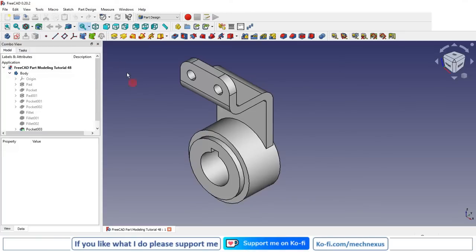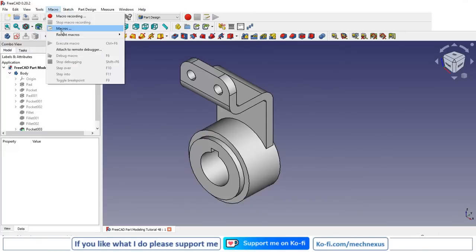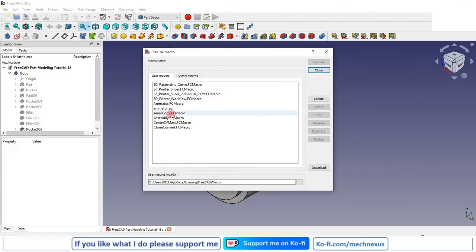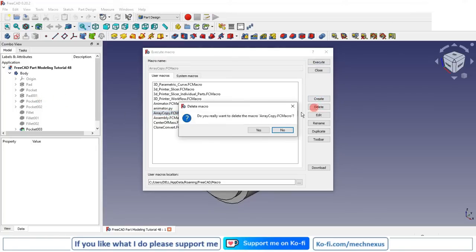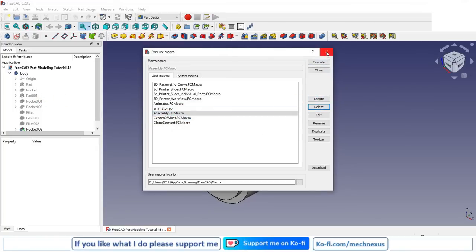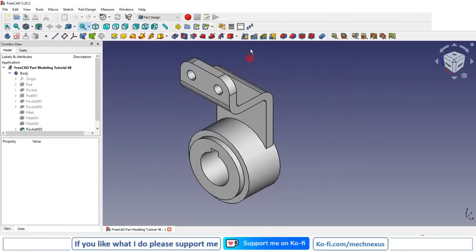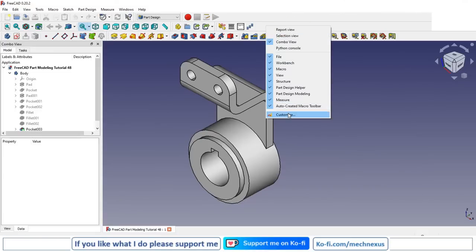So first go to the macros, and here is my macro array copy, and delete it, say yes. But if you see here, it is still activated here. So what we will do, we will click here and click on the customize